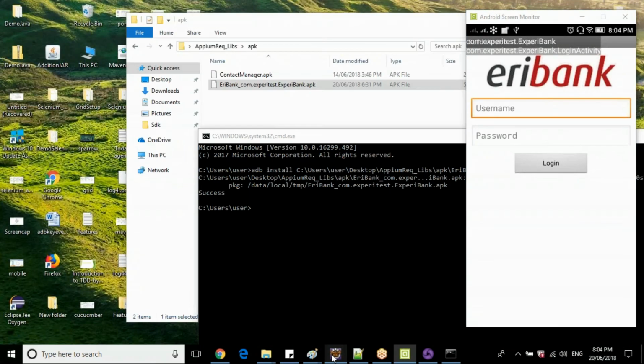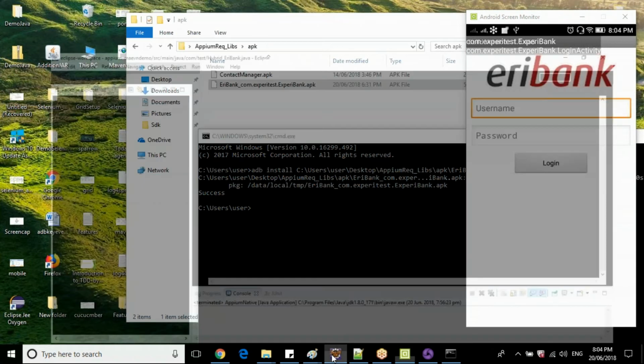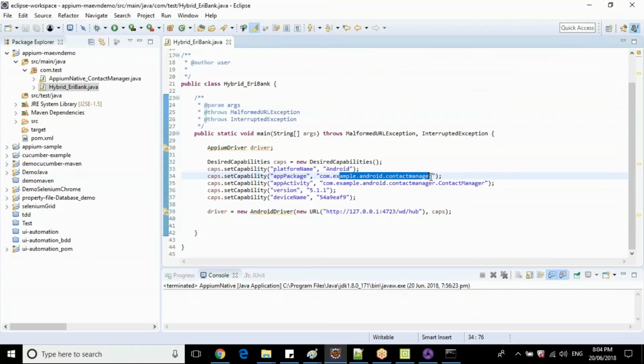In Eclipse, this is my package name: com.experitest.ExperiBank.